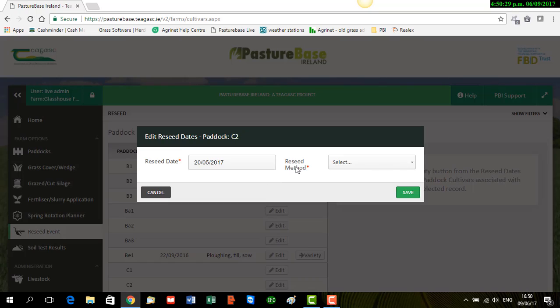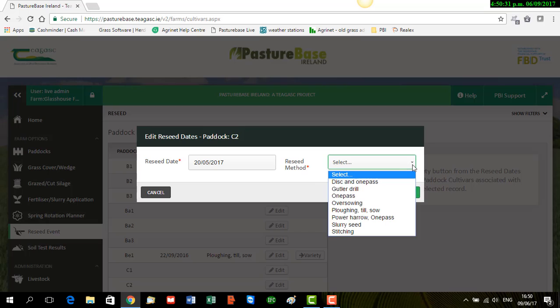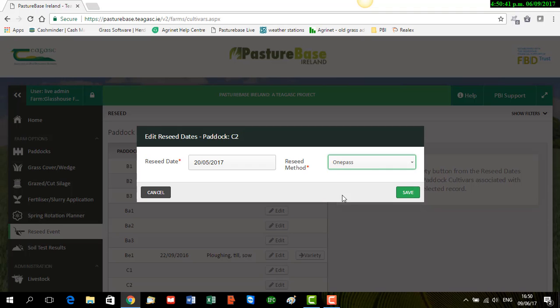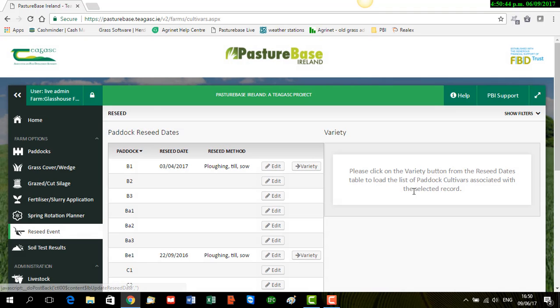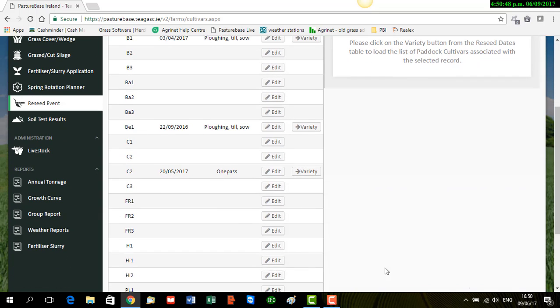And when we click the drop down under Reseed Method, we can choose which method we used to prepare for the reseeding. So in this case, we will pick one pass and save. And we can see there that's being saved. We can also add the variety, details of the grass variety that we used for the reseeding. To do this, we click on Variety